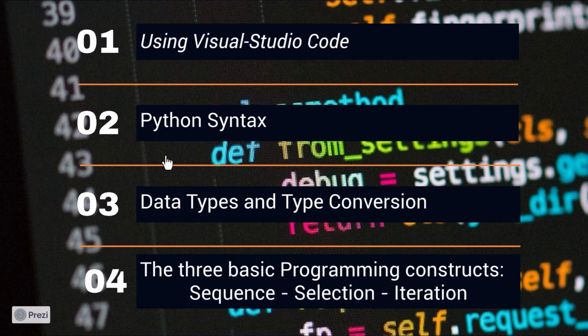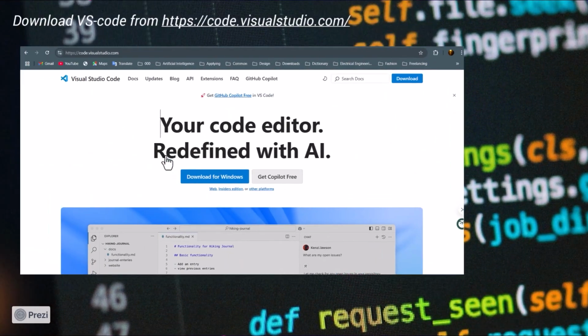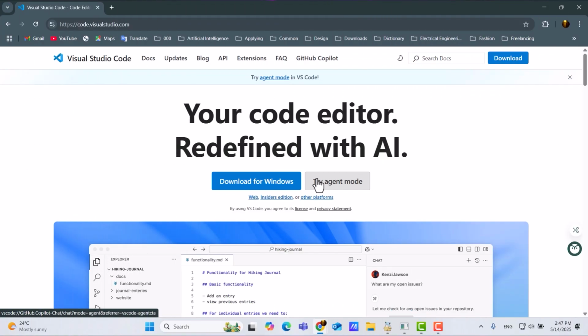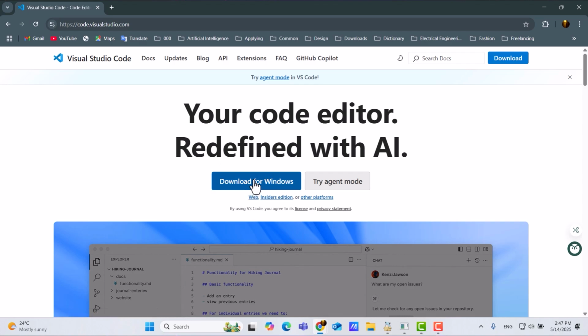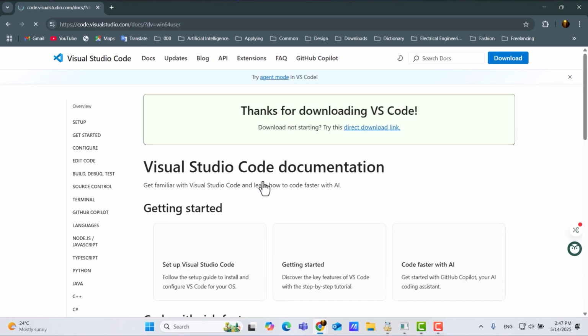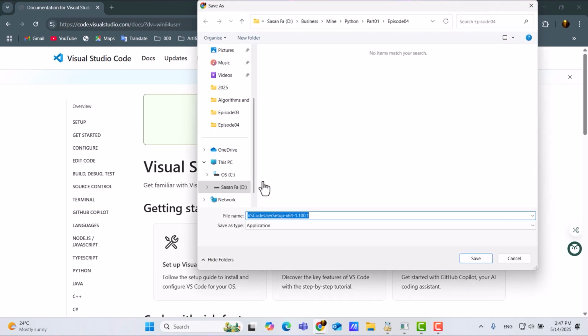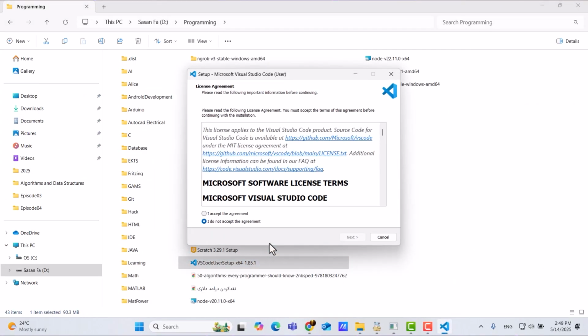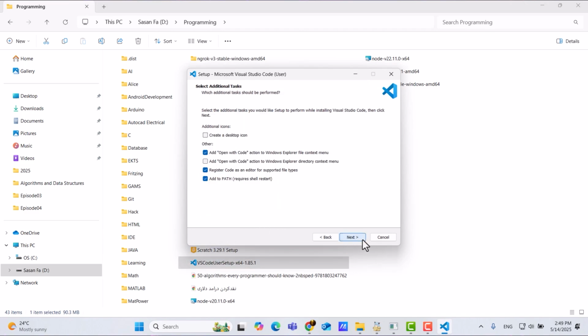Let's get started. To download Visual Studio Code, simply visit its official website at code.visualstudio.com. Once you're there, you can download it from this section. Okay. Since I'm using a Windows system, I'll go ahead and download the Windows version. After the download is complete, install it just like any other software. Create a desktop icon if you want,